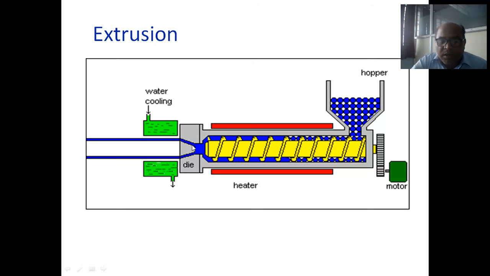Material with constant cross sections is produced by extrusion. For example, plastic pipes have constant cross sections. When these pipes are produced, whatever length is required, we cut them at a particular point. When we require a pipe of a certain meter length, we cut it at that required length. So extrusion products are constant cross section products. Please remember this.